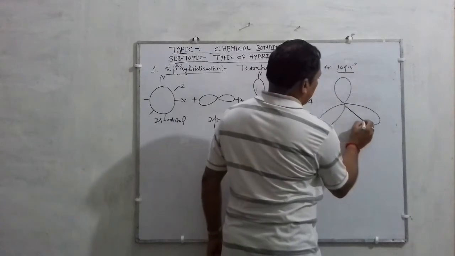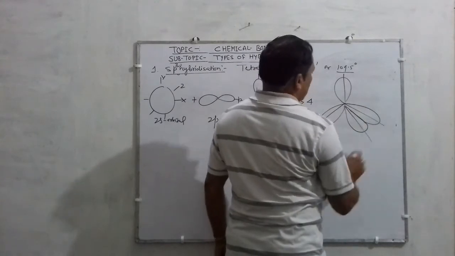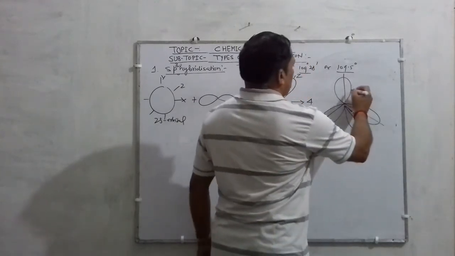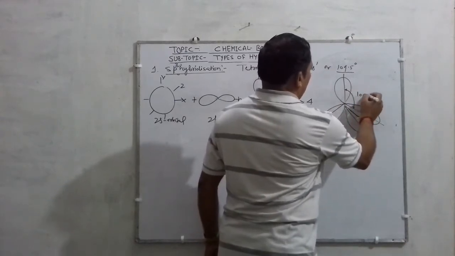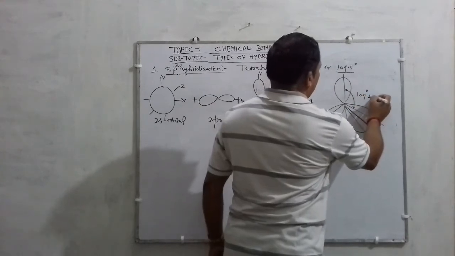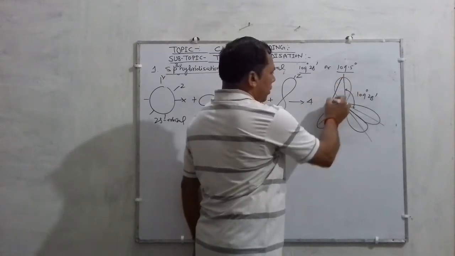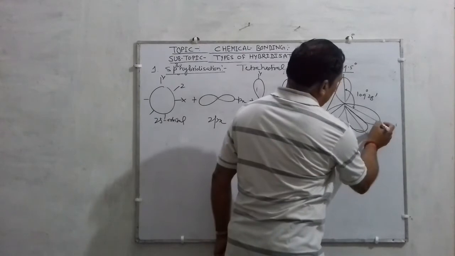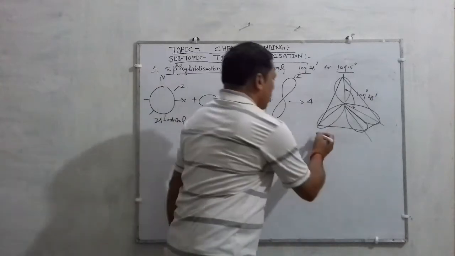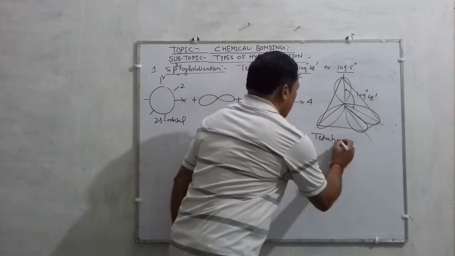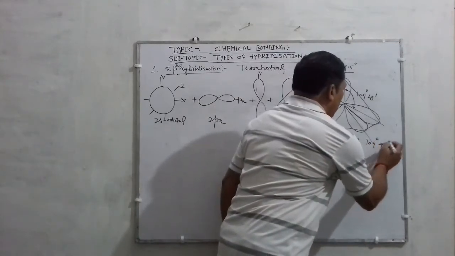you have to make it very sincerely. So suppose these are the axes. So listen, this angle, children, is 109 degree 28 minute, and see the structure as I go on my finger, making this one, this one, this one and this one. So the structure is what is coming? Tetrahedral. And the bond angle is 109 degree 28 minute.